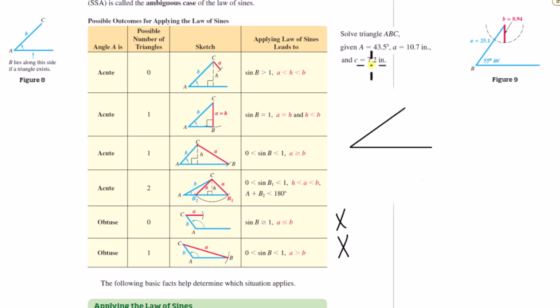Now let's compare the lengths of the two sides we have. So in this case, the side opposite the angle is, and so this is going to be the adjacent. This is going to be B. Okay, so the side opposite the angle we have is greater in length than the